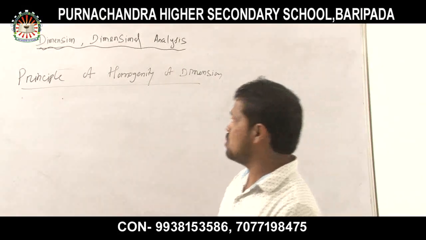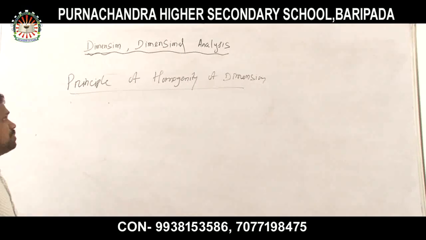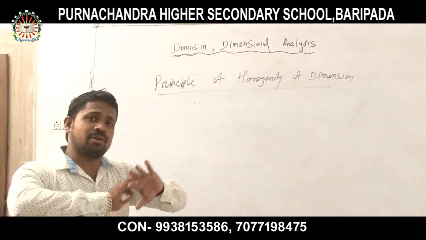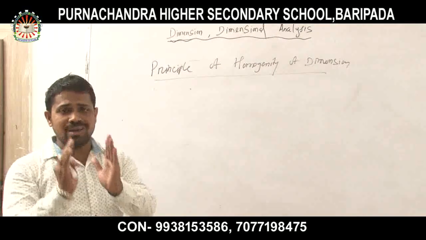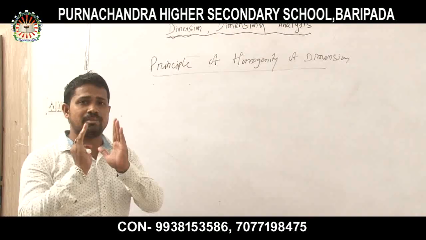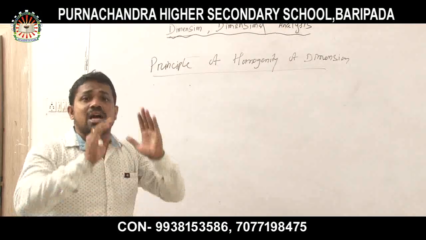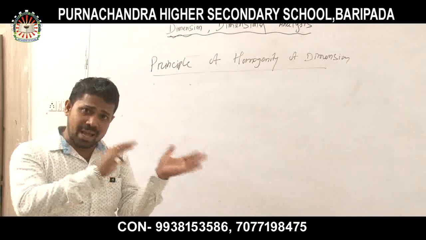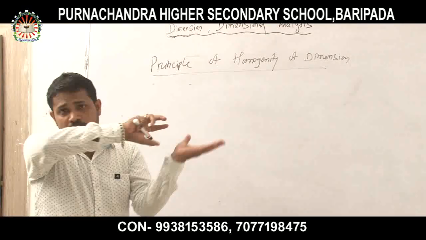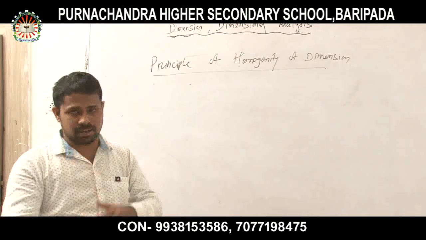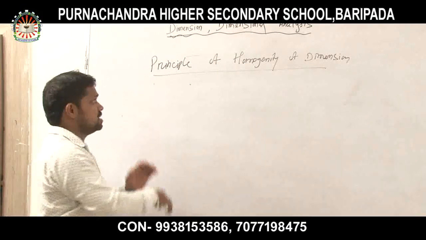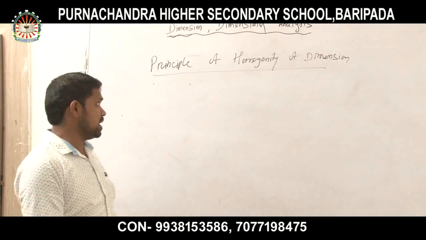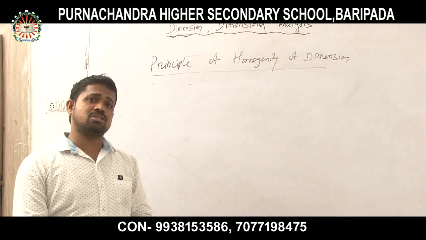So what does the principle of homogeneity say? Let us look very carefully. In a dimensional equation or in a dimensional formula, if the dimension of LHS and the dimension of RHS are the same, then this formula is dimensionally correct. Clear? So this is your principle of homogeneity of dimension. Clear all of you? Again I will repeat. The principle of homogeneity of dimension says that